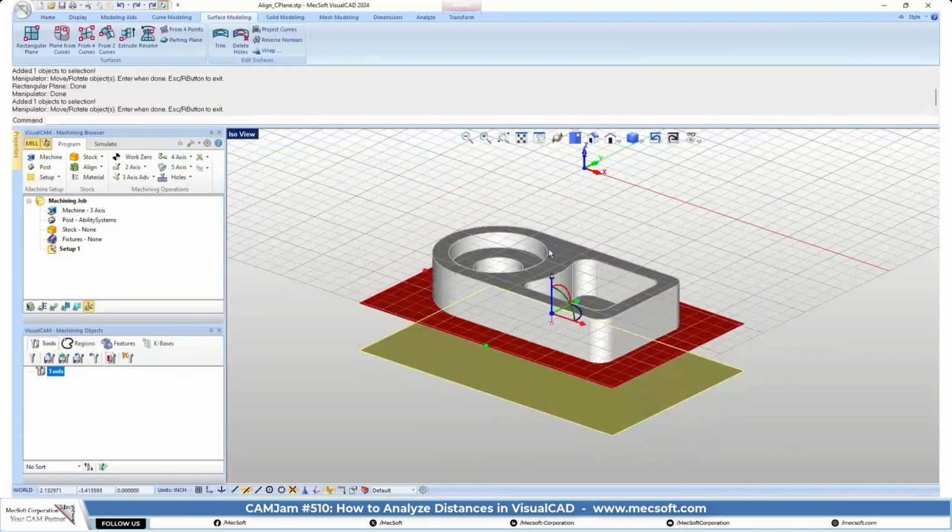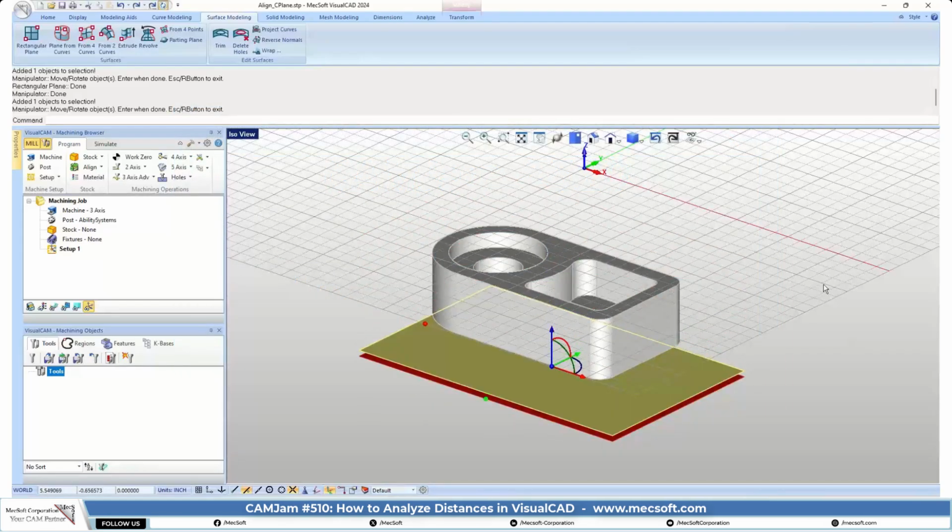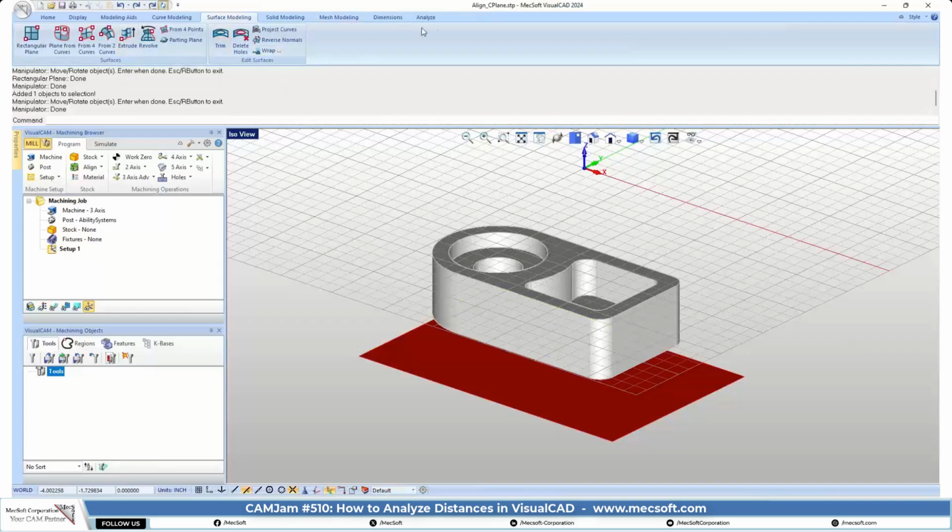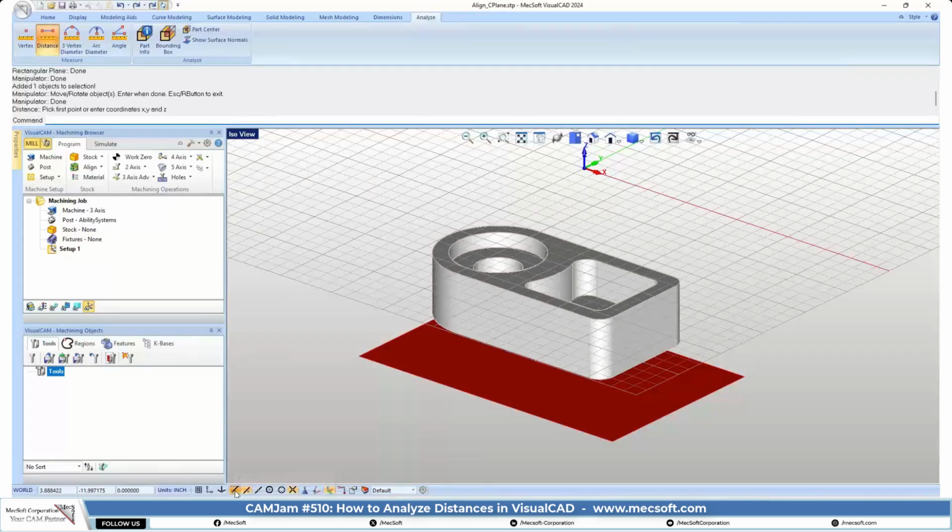on the dimensions that you calculate. So for instance, let's just do some analyzing. Let's do a distance. Let's go from an endpoint, and we'll just check the distance, say from the corner of the surface, say to the point at the bottom of the part. So let's check the dimensions here,